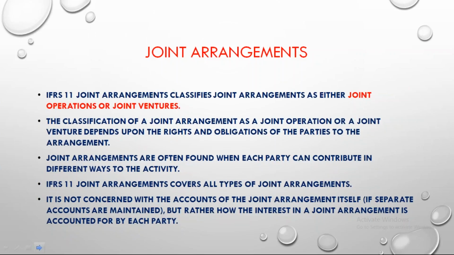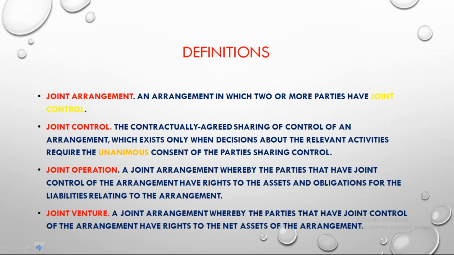Okay. So it's not a question of you sending goods and you making a profit. It is finally a venture, a separate venture. But remember, we have our two separate companies, our two separate identities, but we enter into a kind of exclusive venture. It's not a permanent thing. It's a temporary thing. Okay. Right? So it's how the interest in a joint venture is accounted by each party. So that is how we will decide whether it's a joint operation or a joint venture.